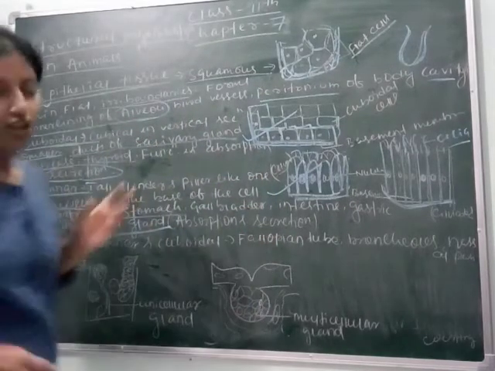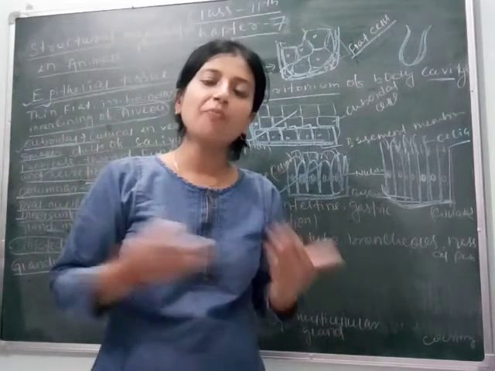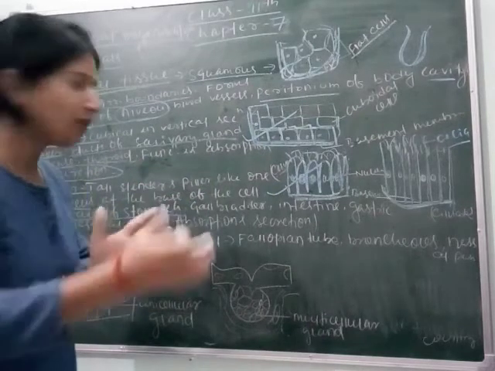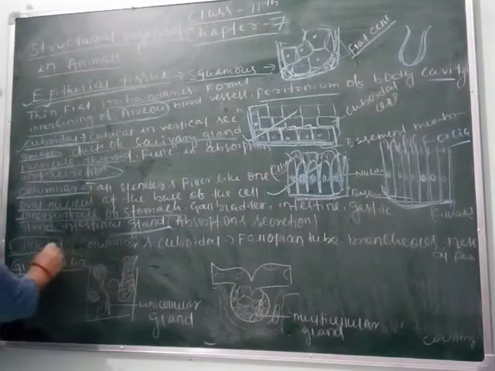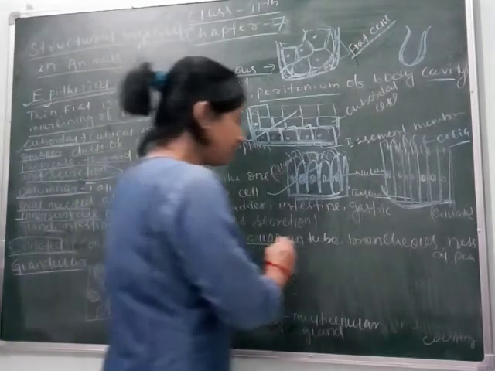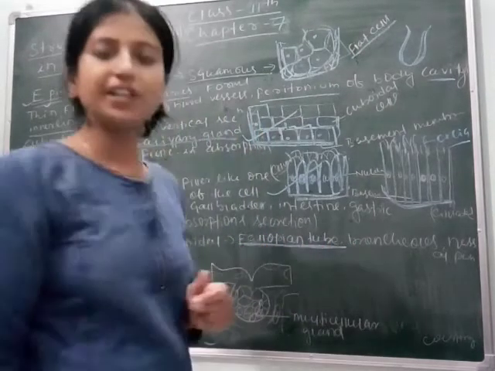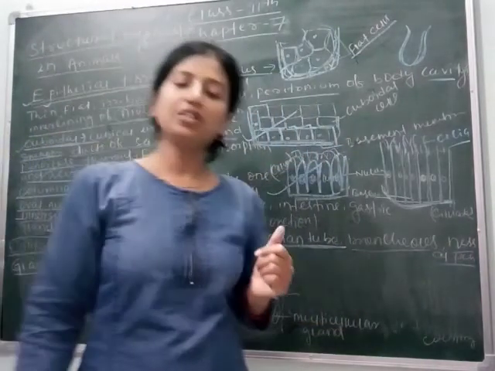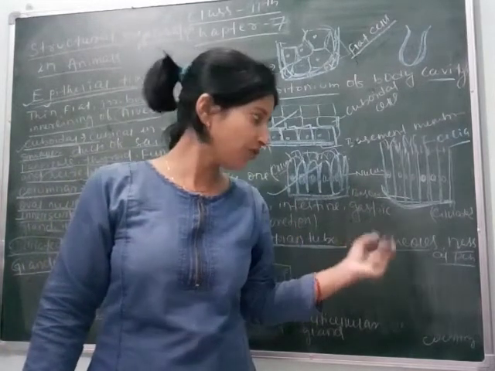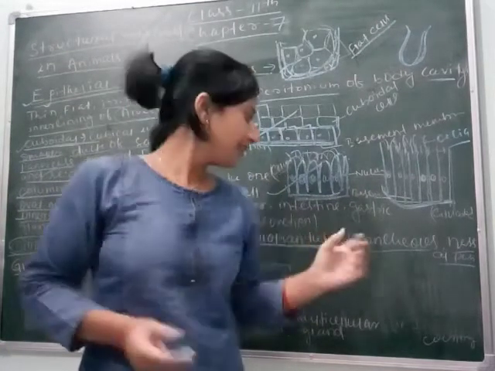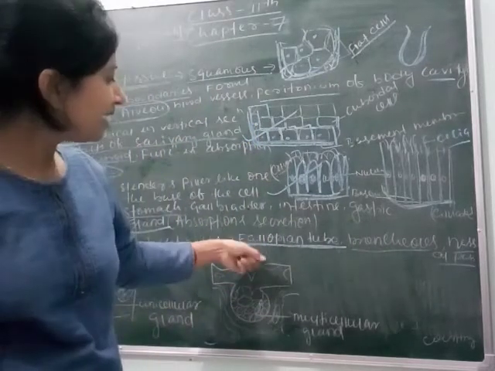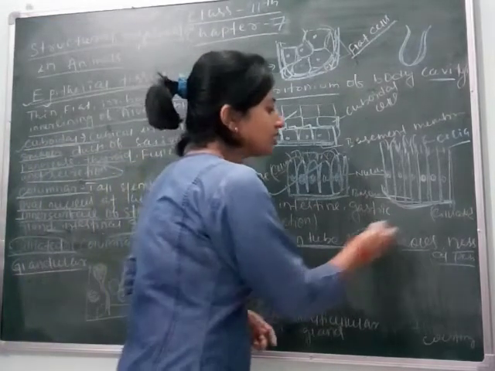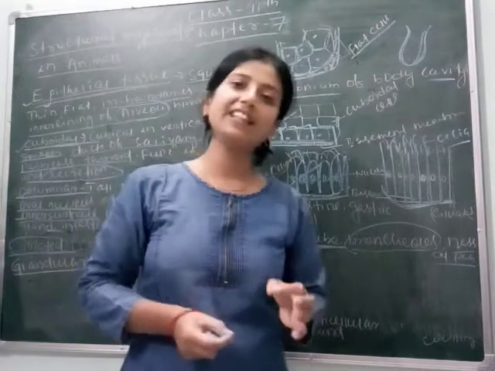As cilia are present, their function must be movement or locomotion. So which type of substance do they move from one place to another? Let's see. The main function of ciliated epithelial tissue: it is present in the inner lining of the fallopian tube and bronchioles, nasal passages. As we know, through the fallopian tube, the ova is released. Ova or ovum is released. So for the movement of the ovum, cilia are present here, and this is made up of ciliated epithelium tissue.